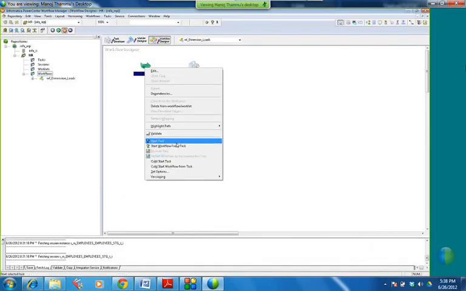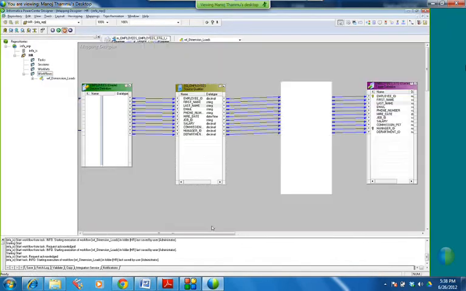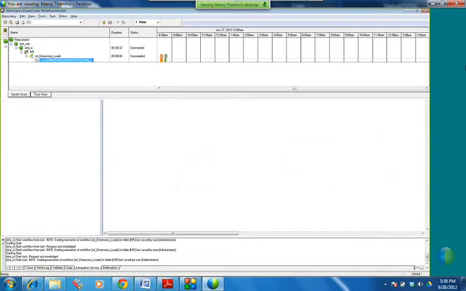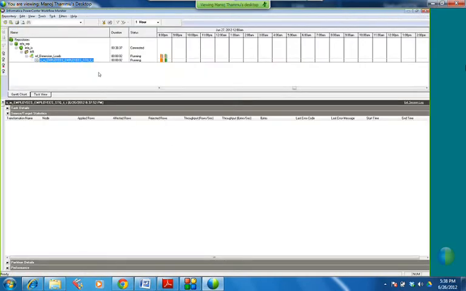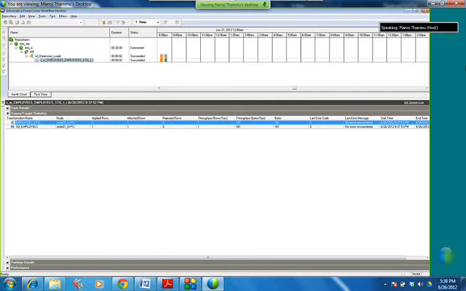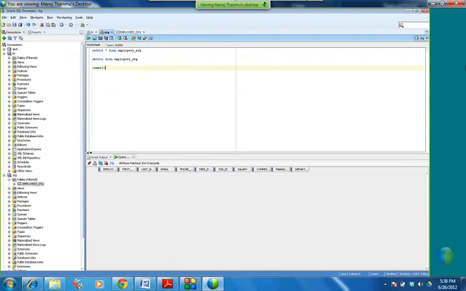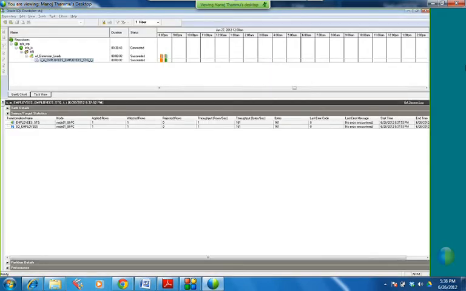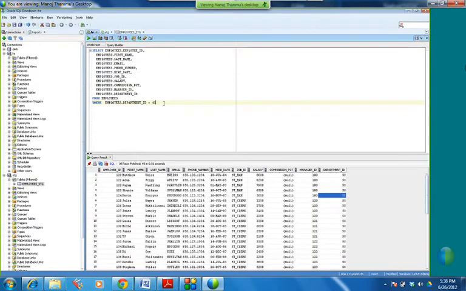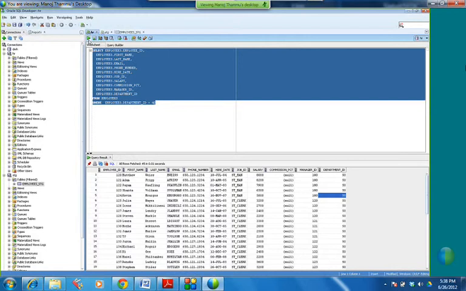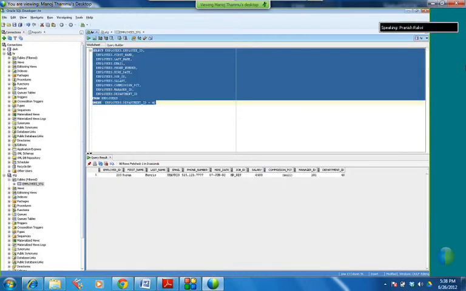So now when I run this workflow, only one record loaded, but that is fine. For department ID equal to 40 it loaded, right? Only one record is there.